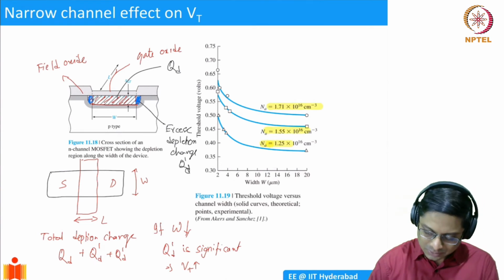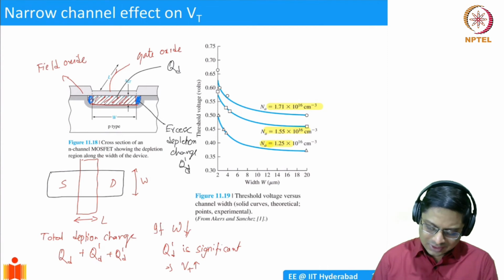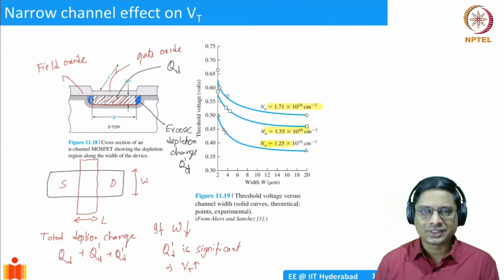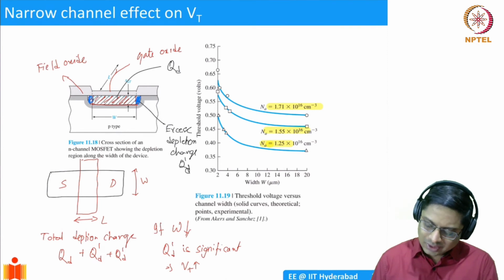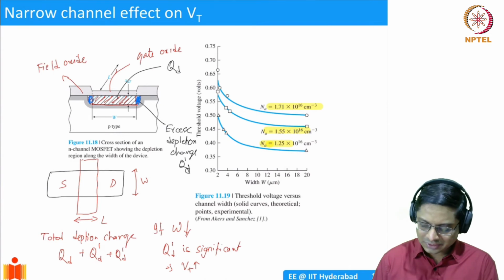And of course, there is an additional data point here, which is the substrate doping. If you increase your substrate doping, the VT increases. This I leave for you to analyze. It should happen. We have discussed this in some depth when we were talking about the MOSCAP CV. Anyway, this is the trend that is significant.